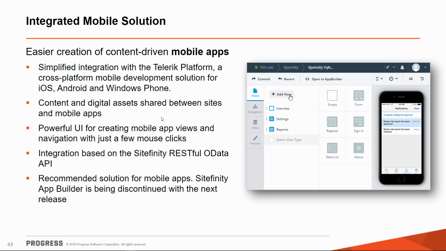Moreover, you can build the mobile application by using the screen builder of the mobile platform, and the way you can do that is by following a few steps that I will show you in a moment.